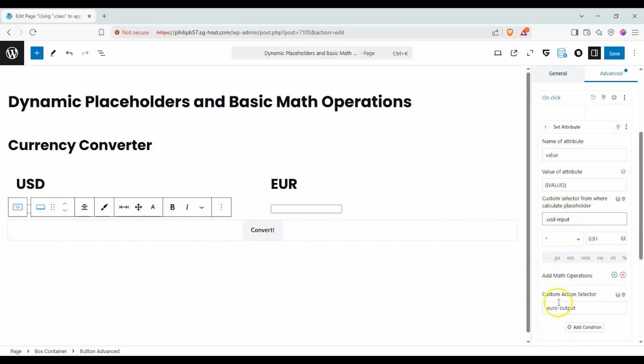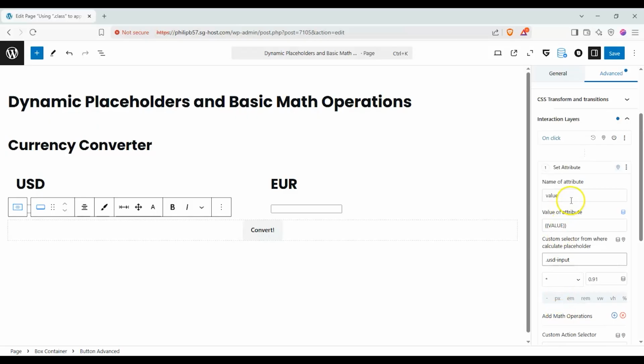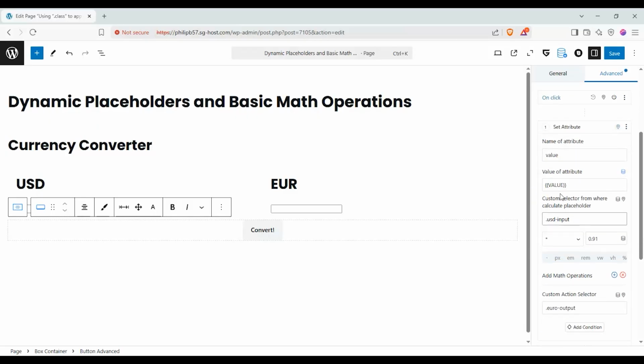what? The attribute of Euro output. And what attribute of Euro output is that? It's going to be value. Where are we going to get our value from? Simple. It's going to be the value from US dollar input multiplied by 0.91. Let's go ahead and click on save and take a look at this on our live side and see if